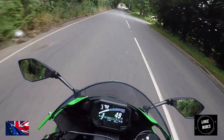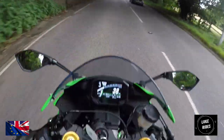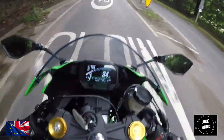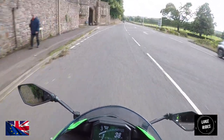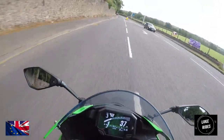But yeah, what a Super Sport. You feel quite compact. The seating position, you feel hugged to the fuel tank. You really feel like you're absolutely holding on to it. So really well,